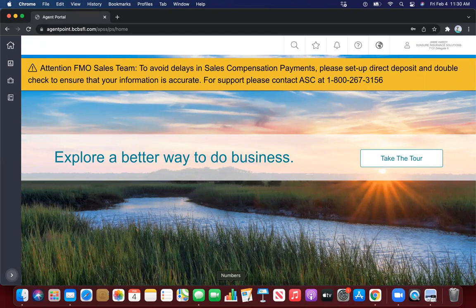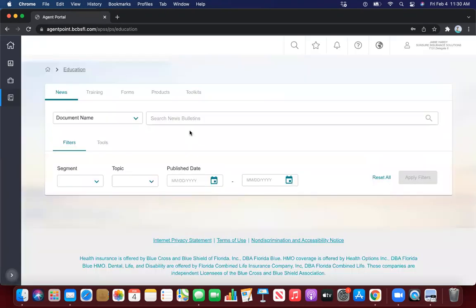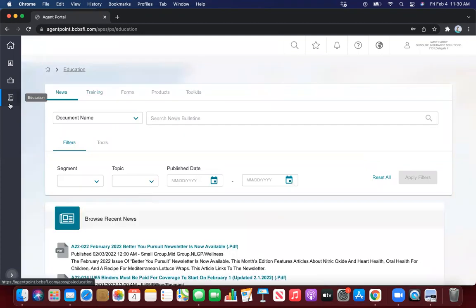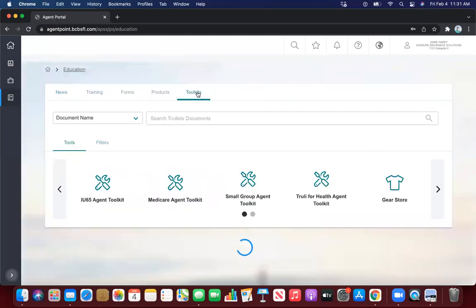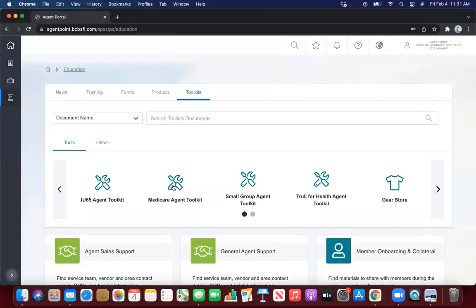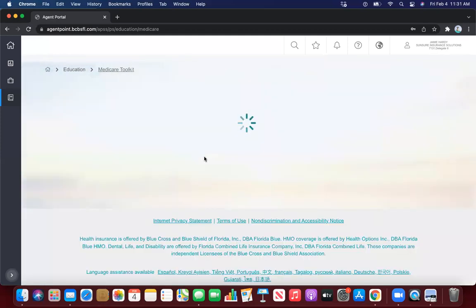Okay. Now also one thing that we need to go over with our members is the star rating, to let our members, our clients, know the rating of each plan. We can find that again in our Medicare agent toolkits. They're also in our enrollment booklets as well. In the office, we have them, but you'll always have access to them within your toolkit. So if you click on Medicare agent toolkit,